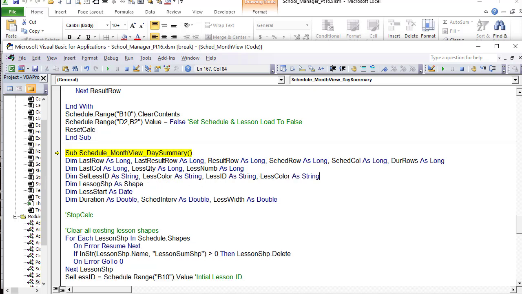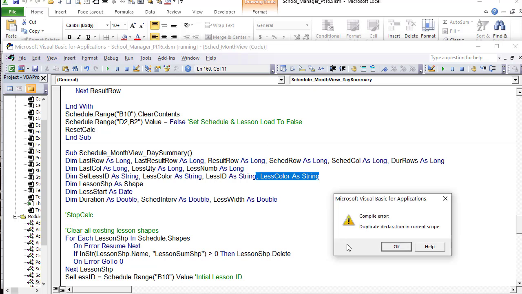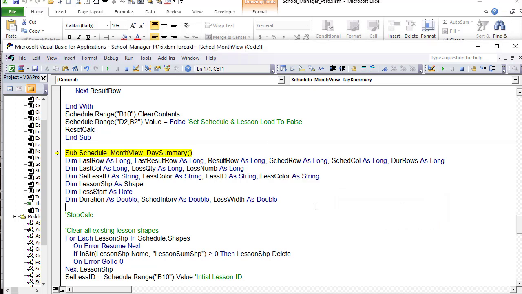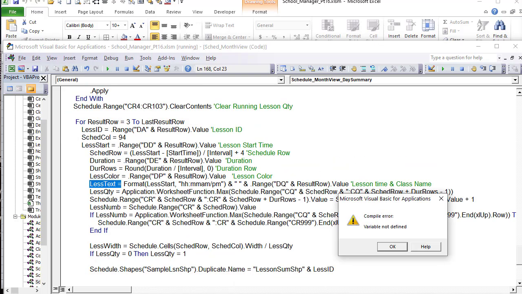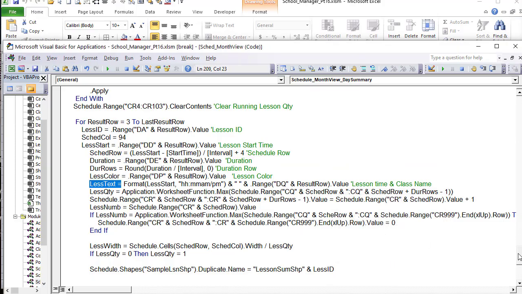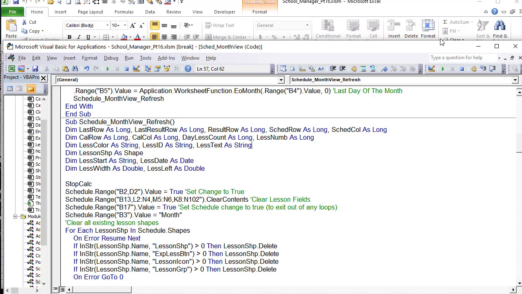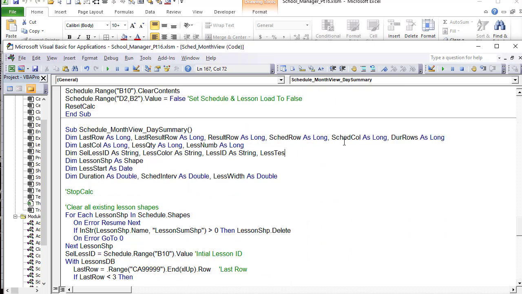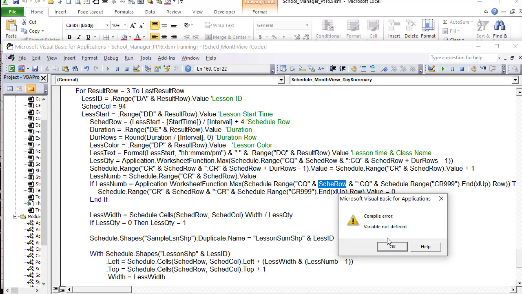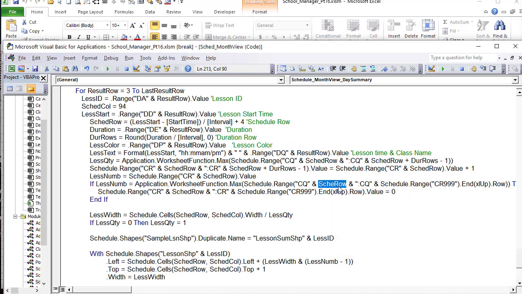All right, continuing on, let's take a look here, update those variables. Again, we have lesson color. Okay, we didn't see that. All right, no worries on that. We have it already. We can't have duplicate declarations. And the lesson text, I thought we defined that. We did a lot of different variable work. So let's update the lesson text. Okay, lesson text as string. All right, so we can continue on. Let's take a look here. And then in the schedule row, we'll update that. That should be schedule row here. Continuing on,